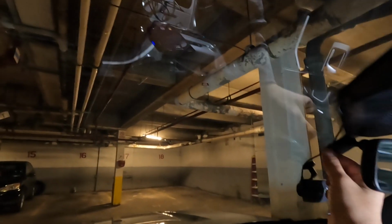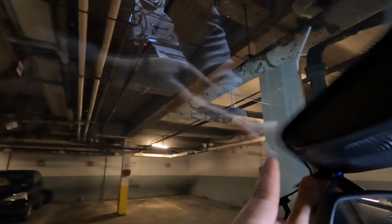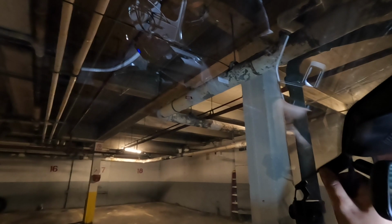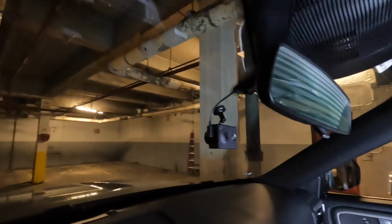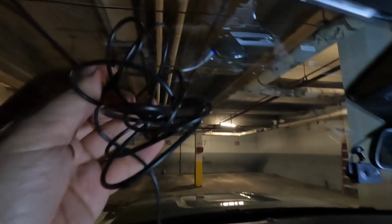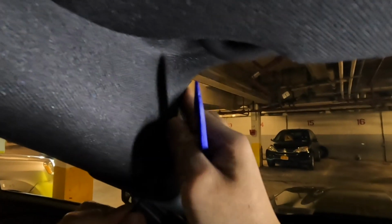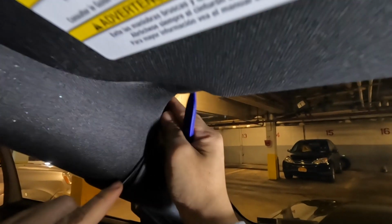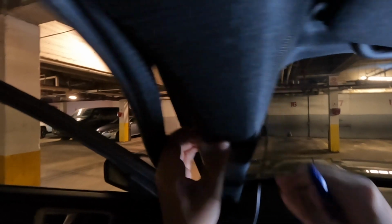Okay, see this? I have enough slack here, and I'm gonna tuck it in there. Look at that. Very nice. Next, I tuck it underneath this ceiling here. Now when you get to here, you have to run the cord underneath, in between the panel here. You can remove the rubber seal here, and